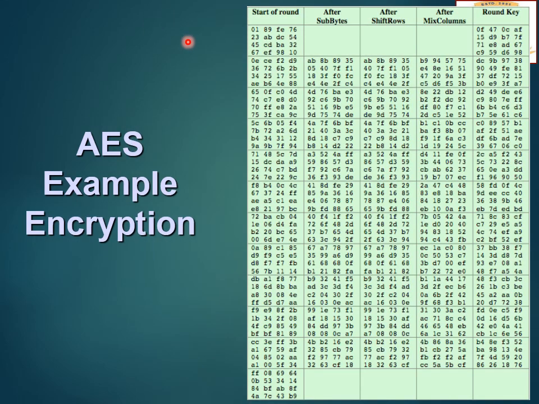See, here also you can see an encryption example. Again, manually it is not possible, but you can at least see what things are done. See, in the first round, we know that only the add round key is there before the initial transformation. So, this is the input matrix, the state matrix. Then you have add round key.